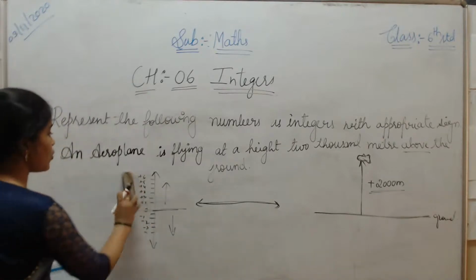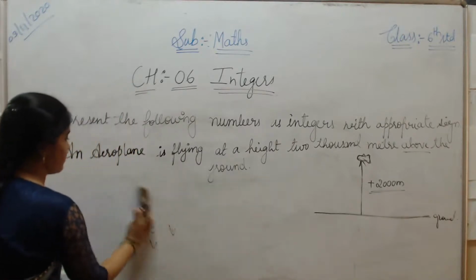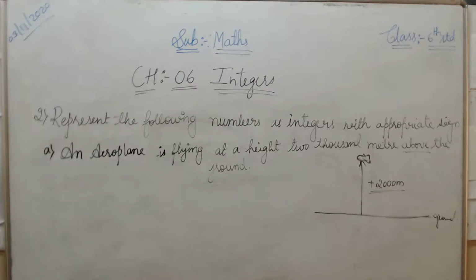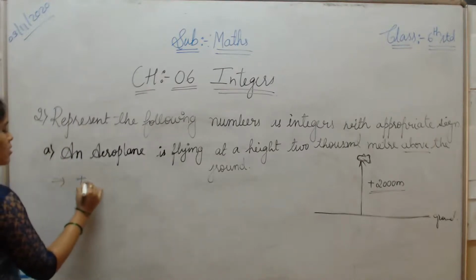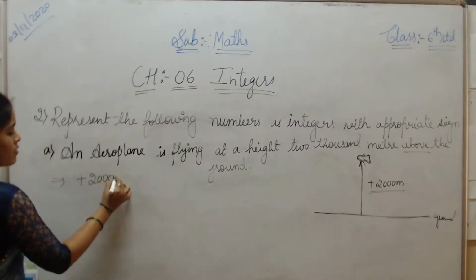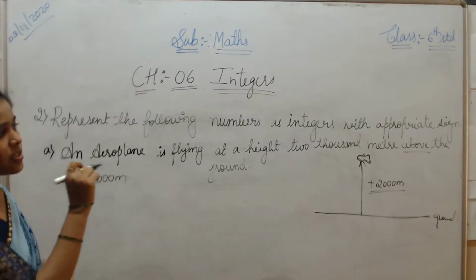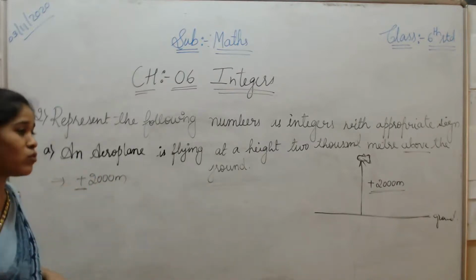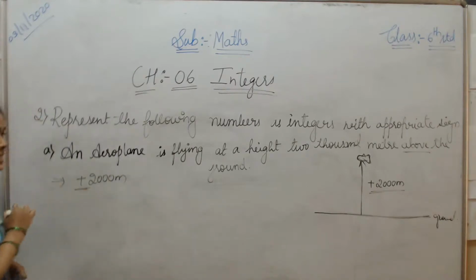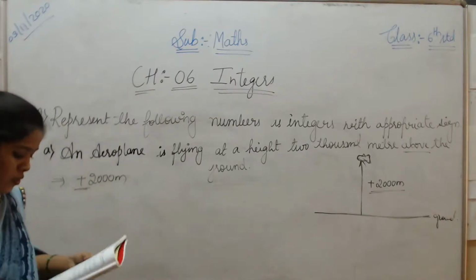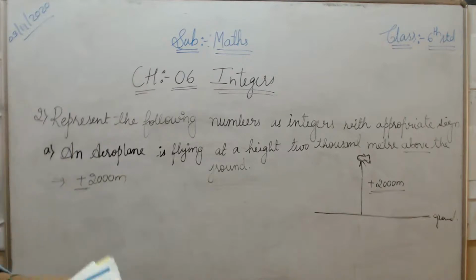Positive, plus 2000 meter. So write only plus, we have to write integers. We must mention the sign, because in the question it says integers with appropriate sign. So we have to take the number with the sign: plus 2000. Next, second,